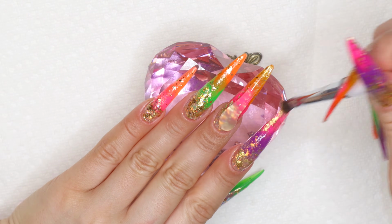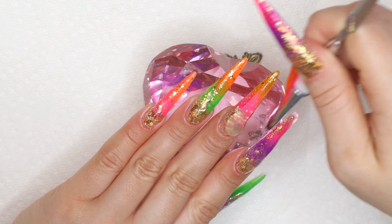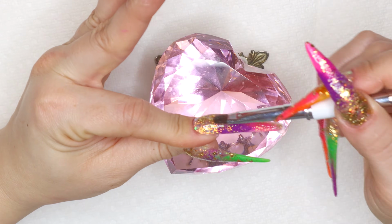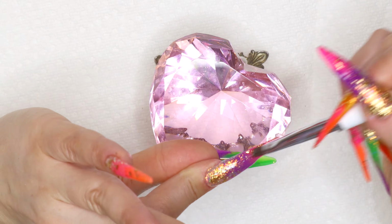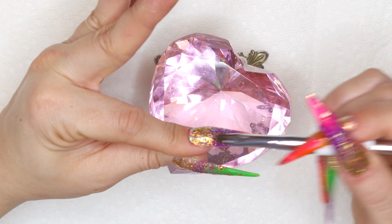Like the nails just speak for themselves, you know what I mean? Sometimes when your nails are so blingy or glittery, you don't have to add a lot to them. Like I said, I like to do a little something for everybody. I know not everyone can wear a bunch of big nail charms on their nails, and you guys were